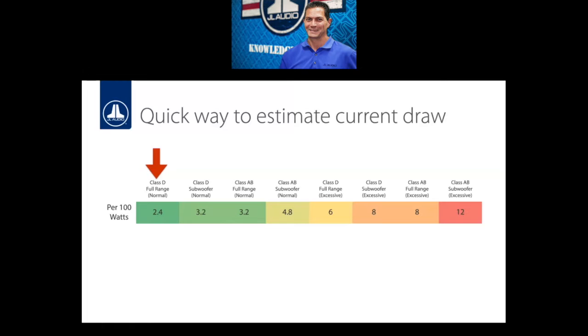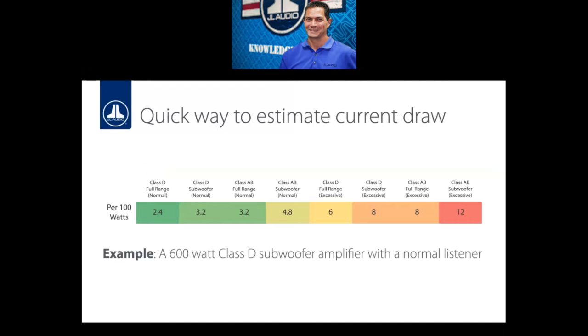While a Class D subwoofer amplifier, same amp, if you use it as a sub amp, it's going to draw more at 3.2 amps of current instead of 2.4, just as a number. I'll explain how we get into this a little bit more in just a moment. So let's use an example of a 600 watt Class D subwoofer amplifier with a normal listener. In this case, if we take a look at it, it's 3.2 amps per 100 watts, and there's 600 watts. So you take the 3.2 and you multiply it by 6, and you're going to wind up with about 19